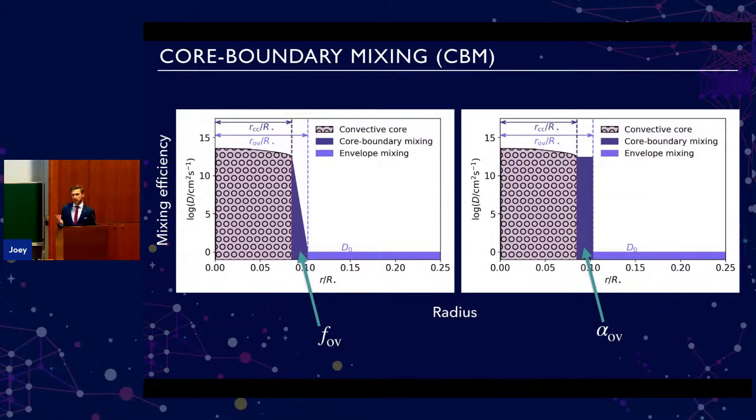And then just outside of the core, we don't really know what this mixing value should be. This could be mixing induced by just an interplay of the convection between the core and the envelope, or due to some shear, due to rotation. So for this region, we don't know what the shape should be. I'm showing you two commonly used functions for this. And we don't really know what the width of this region is, which we characterize with this f_ov or alpha_ov parameter.